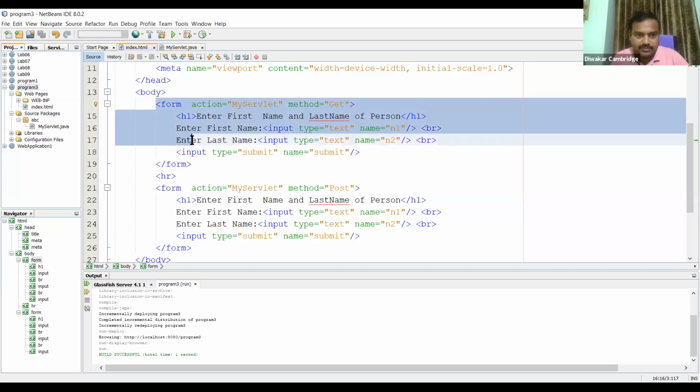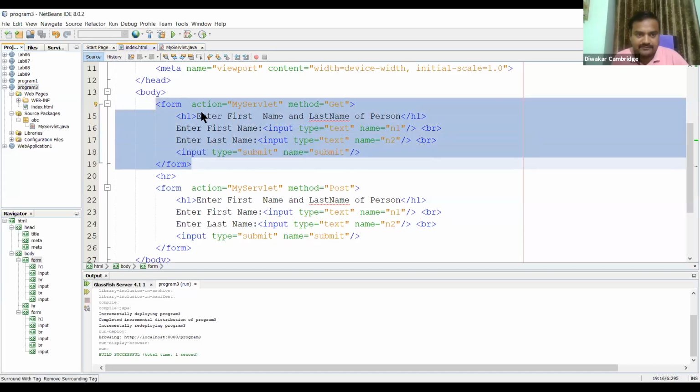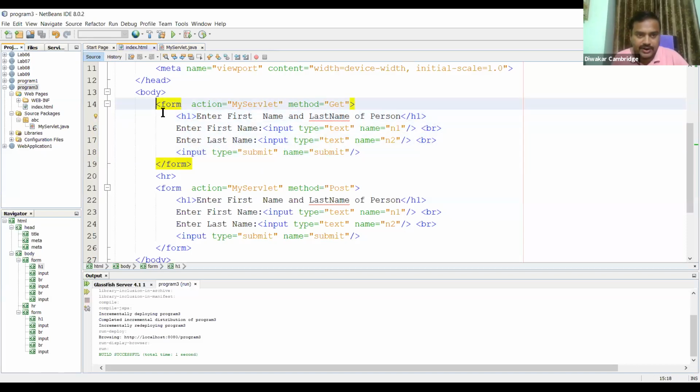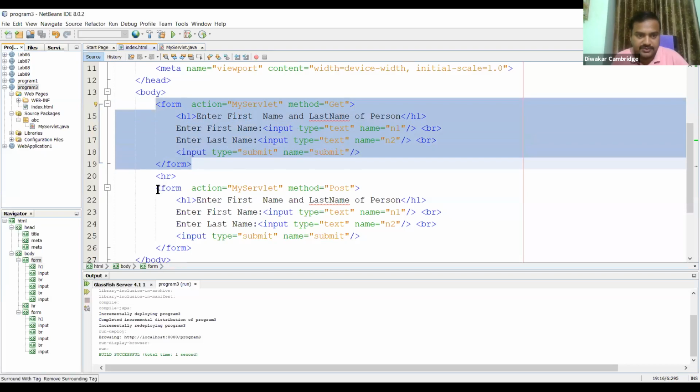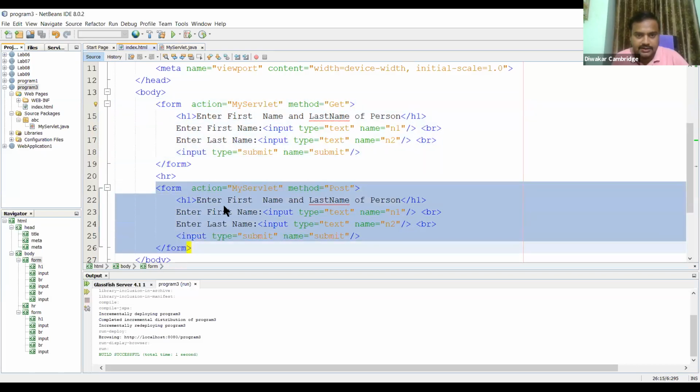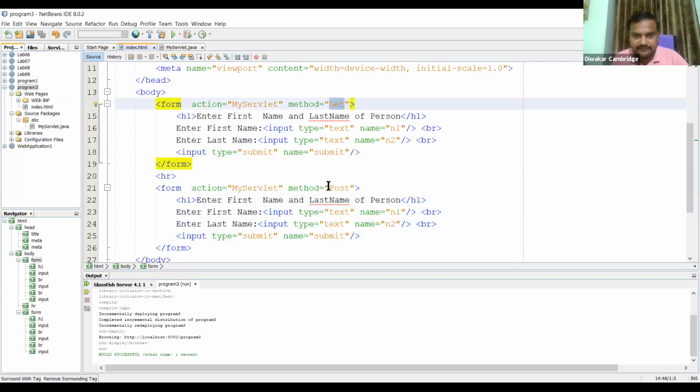I've used the form element twice, the same form copied. The first form uses the get method, the second form uses the post method.